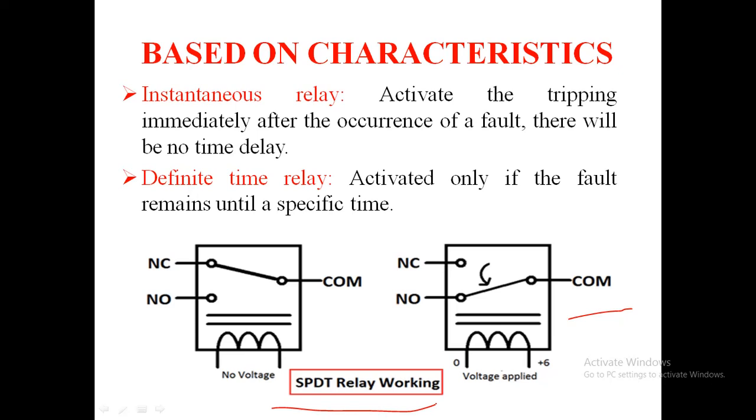Power consumption will be low, response will be very quick, and as moving parts are absent, minimum maintenance is required. No bearing friction or contact troubles exist, and testing and servicing can be limited. Some limitations of static relays: we are using electronic components, so transistors and diodes are temperature dependent. Relay characteristics vary with temperature and aging. So this relay has low short time overload capacity compared with the electromagnetic relay.